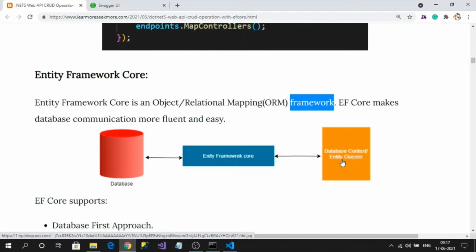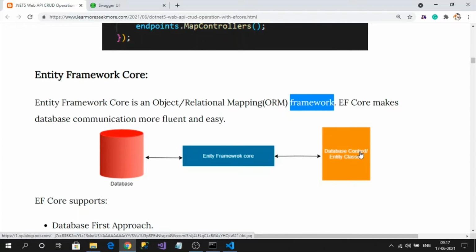Like that, whatever tables we have in the database, all those tables must be created as POCO classes. POCO class means plain old C# object classes, in my application. So now we have all the table classes. To manage all those table classes, we must have one more parent class, the database context class. This context class acts like a database.